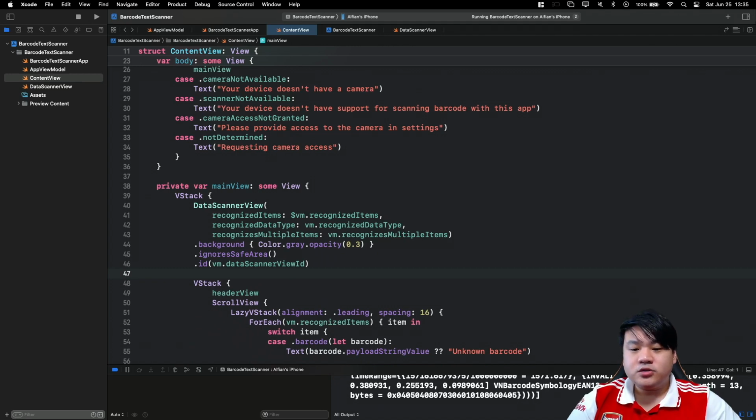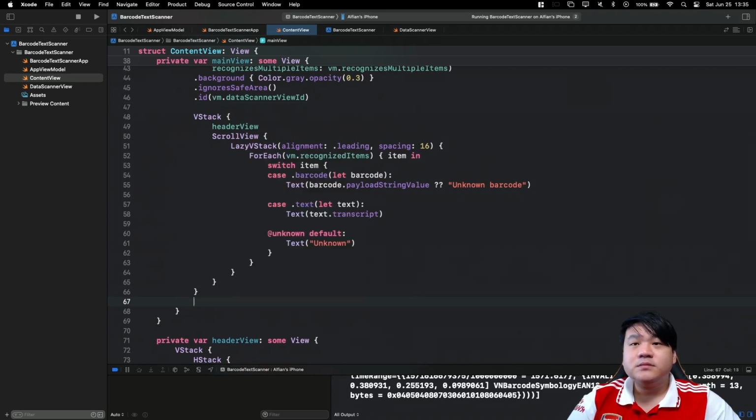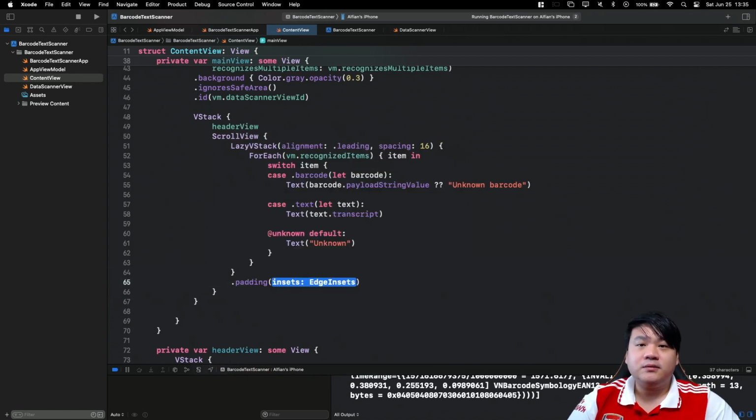And I think also I want to add some padding, sorry, not to this VStack, but instead to this lazy VStack. Okay,